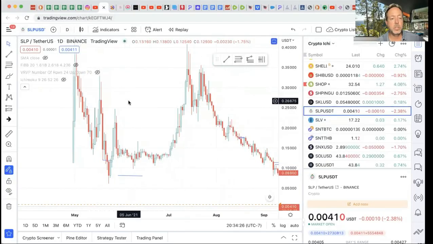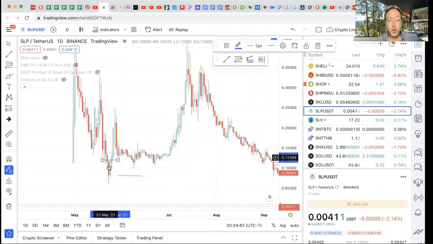So what I do is I come in here and I draw bases, for those of you guys that are new. And when price action drops below that base, that's when I jump into trades. And then I wait for it to come back up, because what will usually happen is it'll break that base like it did right here. You can see this base right here. It broke through the base.